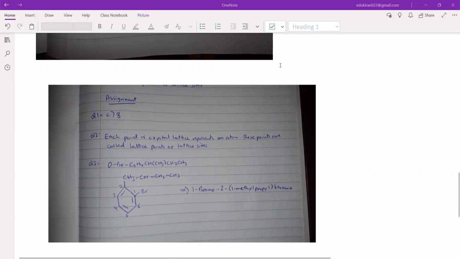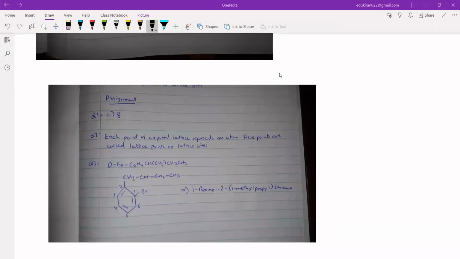Okay, fine. So what is the coordination number of the body center atom in the BCC unit cell? Yeah, correct. That is 8. Each point in a crystal lattice represents an atom. These points are called lattice points or lattice sites. Very good, correct. Now we have got,